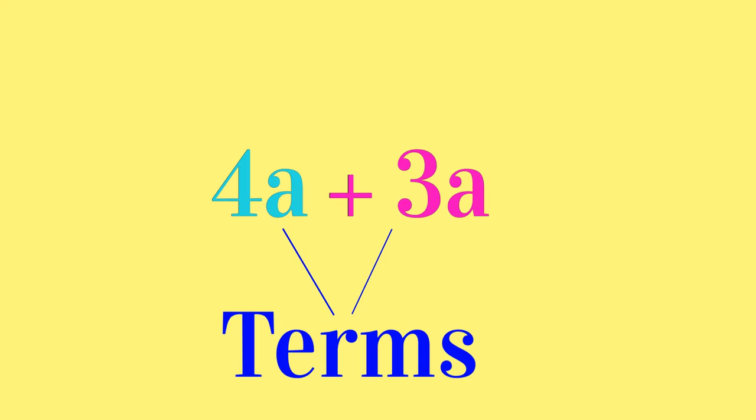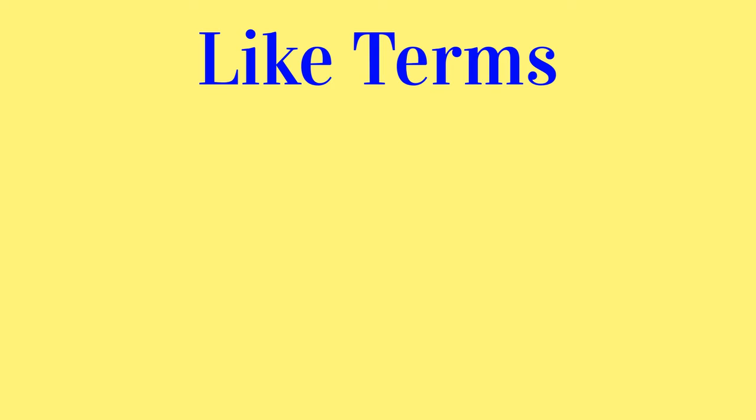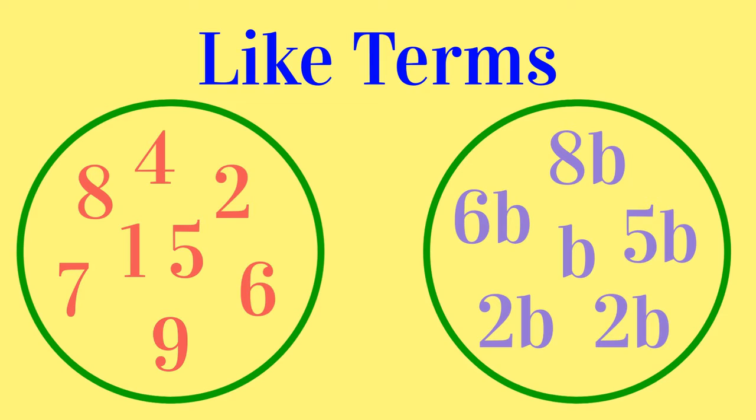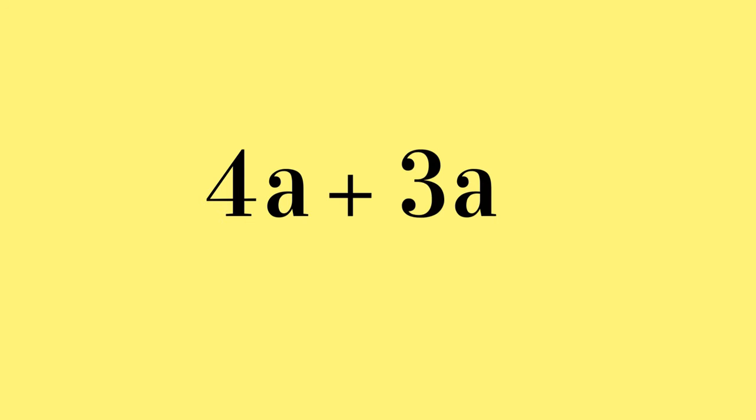One thing we can do in algebra is simplify expressions by joining like terms together. Like terms are terms that are either just numbers or where the variables are the same. For example, in the expression 4a add 3a, we can join the two terms together because they both consist of the variable a. In both of these terms, the variable a has been multiplied by a number known as a